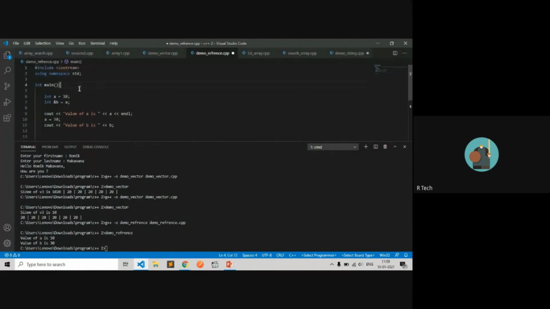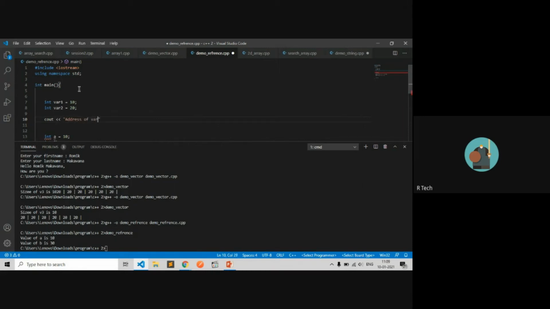I want to create the next program. Integer var1 equal to 10, integer var2 equal to 20. Take the address of both variables.